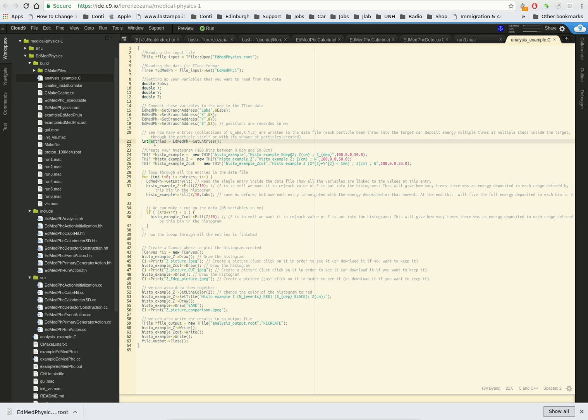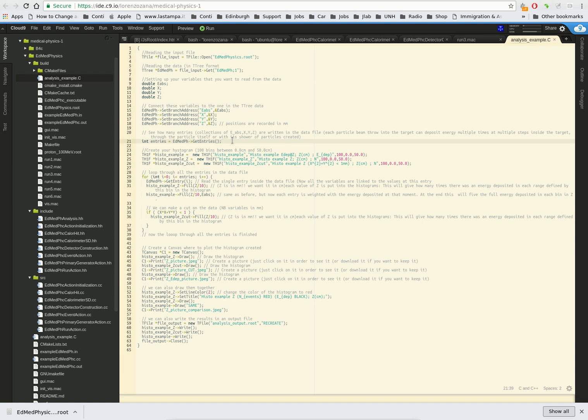So we're going to get the total number of entries here. Again, we have 1,000. We ran 1,000 protons. We expect to have 1,000 entries. No, because each entry is recorded each time the proton loses energy. So the same proton can lose energy multiple times. That's what we saw before. Our node is just going to be recording at 8